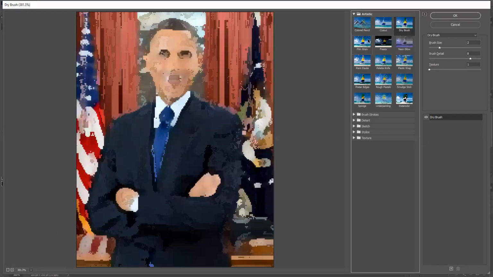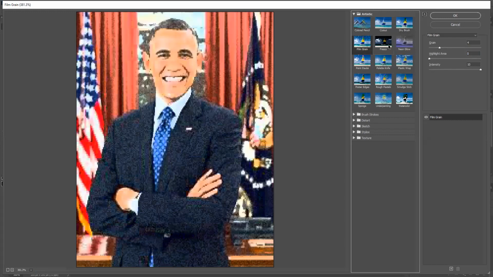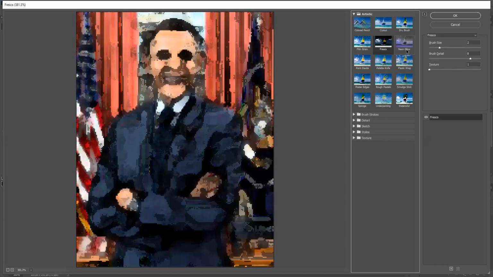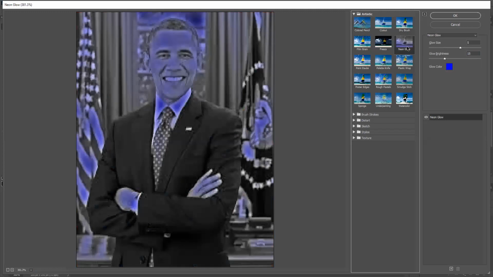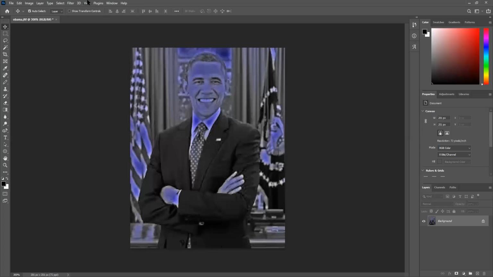With this picture, you're not getting as much detail because it's a little pixelated, but it gives us a good idea. There's a whole bunch of options in here for you guys to experiment with. Another thing you can do is apply one, press OK, then open the Filter Gallery back up and apply another one. If you do the same thing, oh, not that one, Control Z.